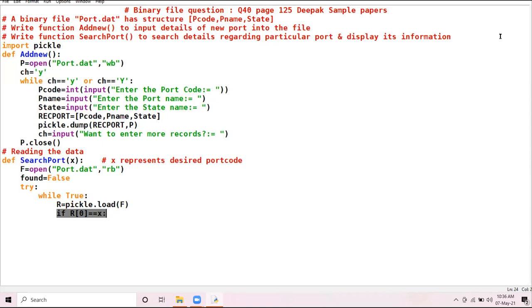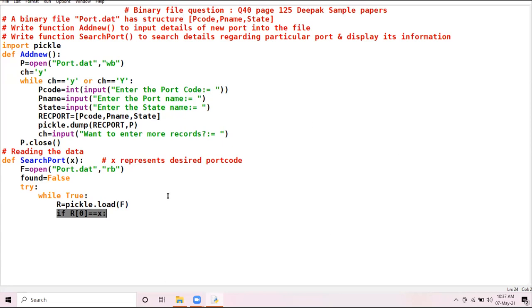Sir, if R index 0 is equal to desired port code. What is our desired port code here, beta? The value that the user will input, and right now the desired port code is represented by X. Very right.